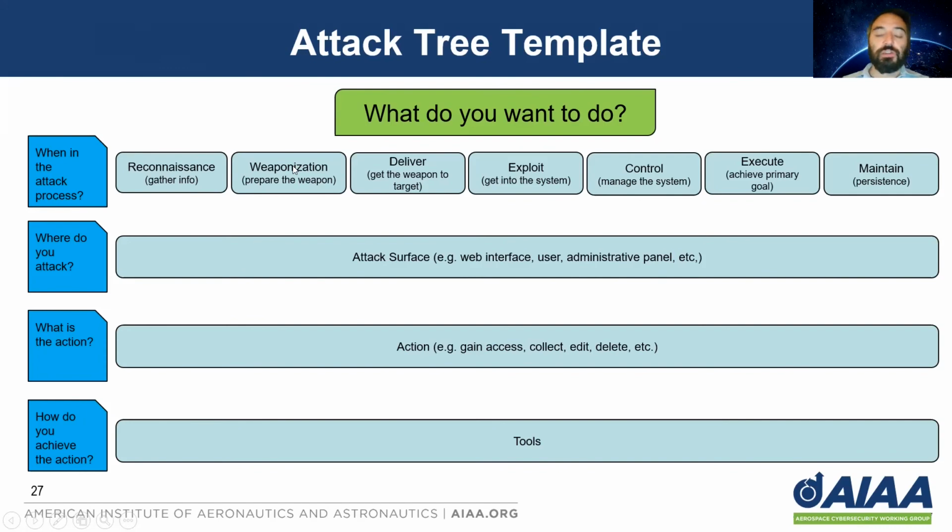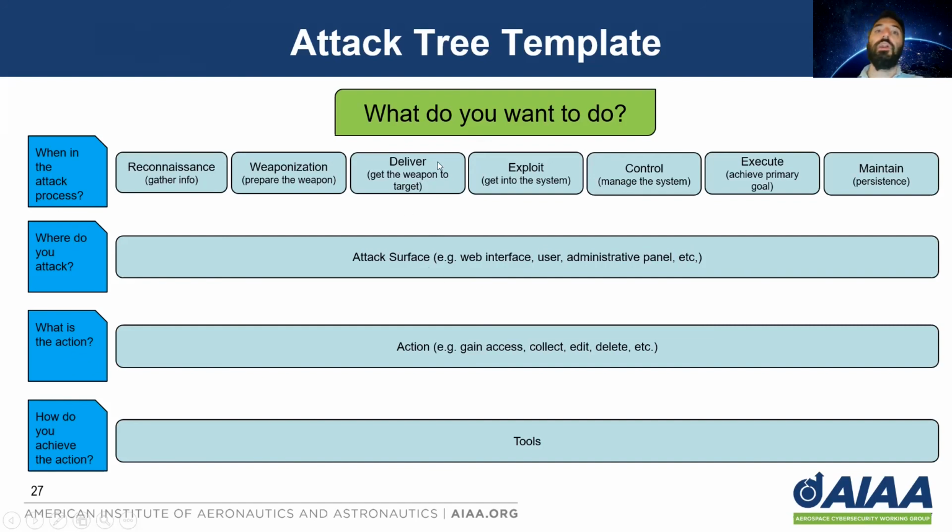So again, for weaponization, if you are trying to brick that satellite, if you're trying to create a weapon in order to brick that satellite, how do you prepare the weapon? Where do you prepare the weapon on? So in that case, this might not be relevant here, right? Maybe it's such that you're not actually preparing a weapon on any attack surface. But the action is certainly to develop that weapon, right? So there's relevance for this section. And then there are tools to develop that given weapon, maybe using different components of Kali Linux, which is a penetration testing operating system. And we continue our way through each of these steps in this way. Again,